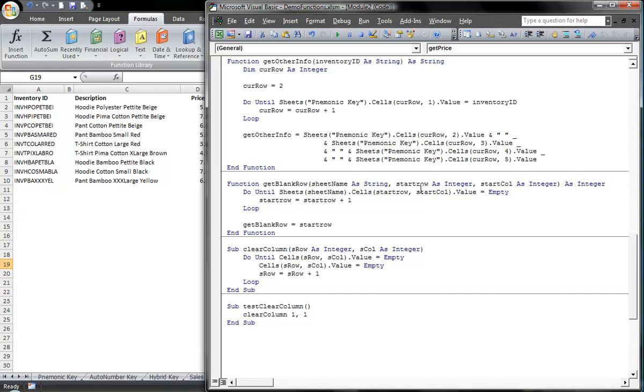Notice that it needs a name, a sheet name, a starting row, and a starting column, and it will give you back the integer representing the row that is empty. So I come here,